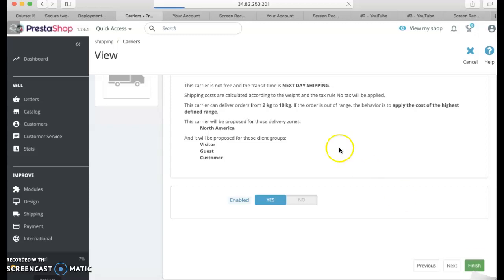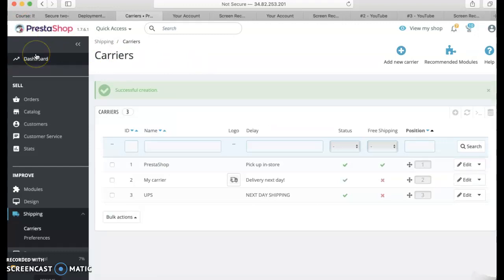Alright, it's loading. Just wait a few seconds. Alright, so as you can see, our new carrier option is here. UPS, next day shipping, and the status shows that it's enabled. So,